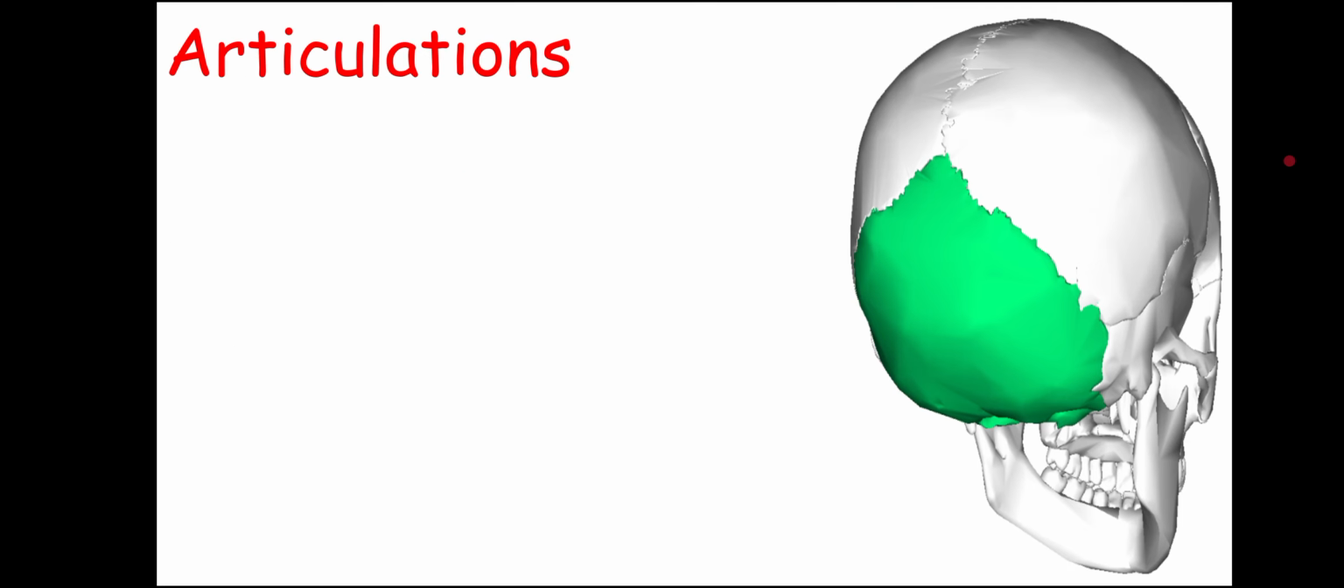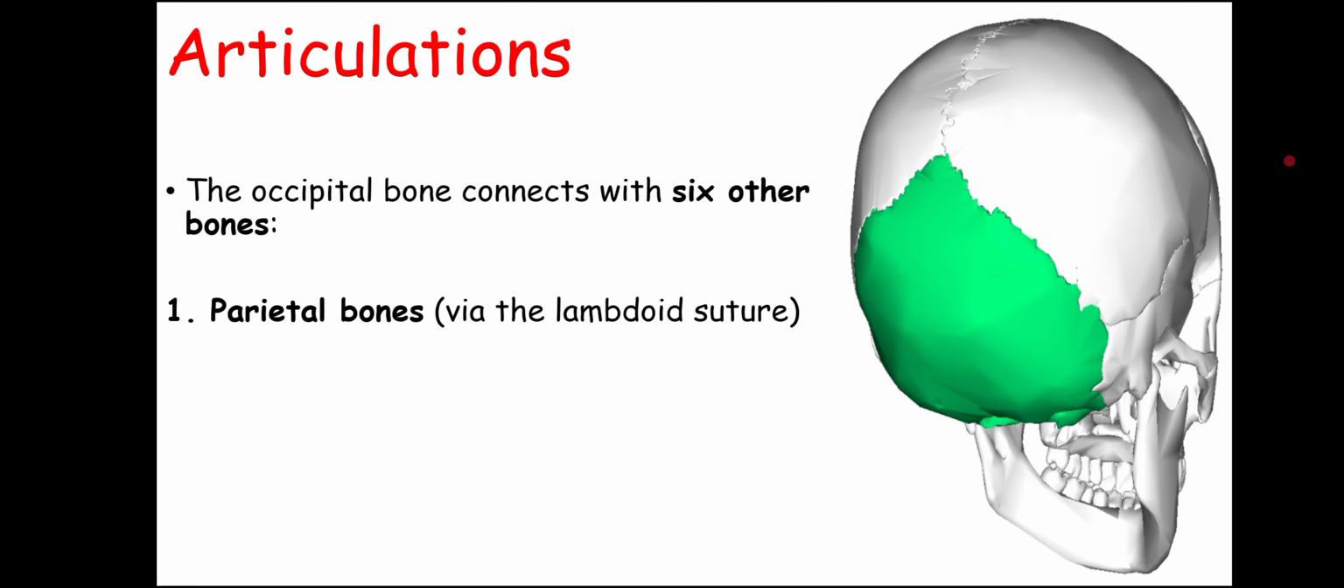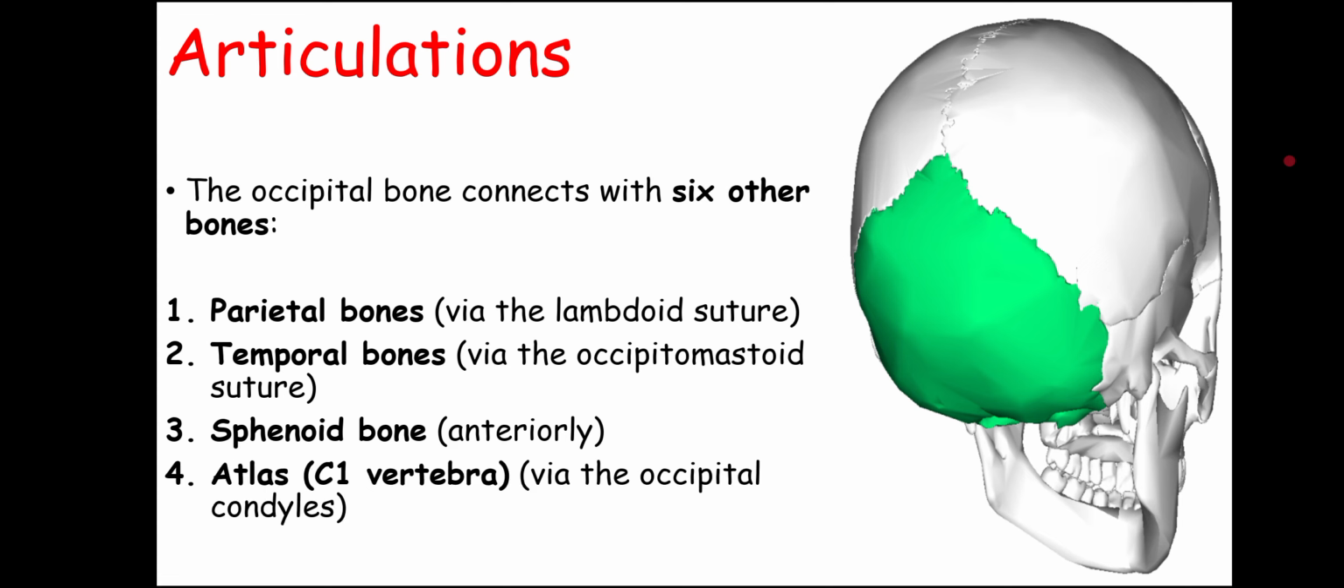Now let's talk about the articulations of occipital bone. The occipital bone connects with six other bones, and these bones are parietal bone, and it is by the lambdoid suture, temporal bone, that is by the occipitomastoid suture, and sphenoid bone anteriorly, and atlas, that is C1 vertebra,